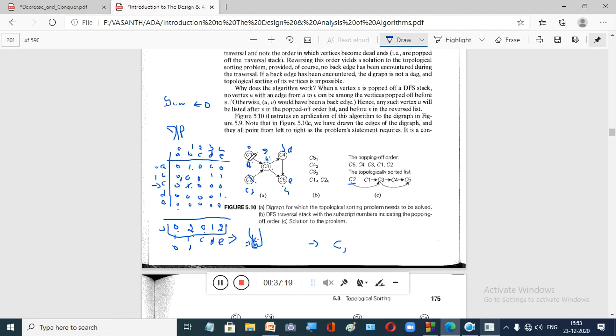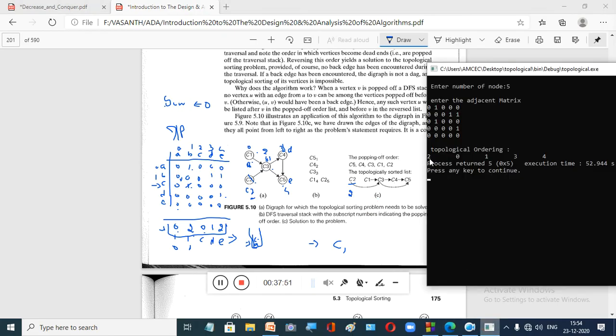Now if A is 0, instead of A, if you write it as 0, if you assume this as your vertex, the name of this vertex is 0, and B is 1, and C is 2, and this is your vertex 3, and this is your vertex 4. So which vertex are you going to remove first? This one, that is 2. So this C2 is nothing but 2 here. So you are going to remove that vertex 2 here.